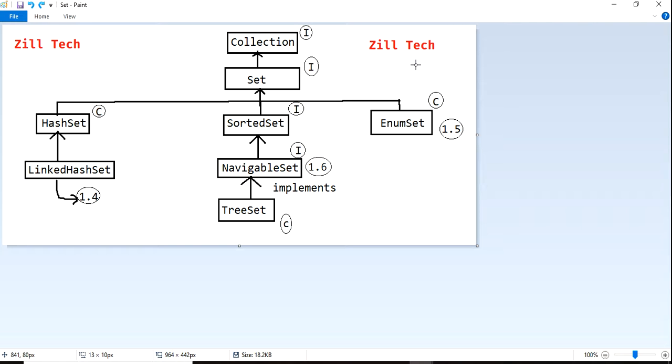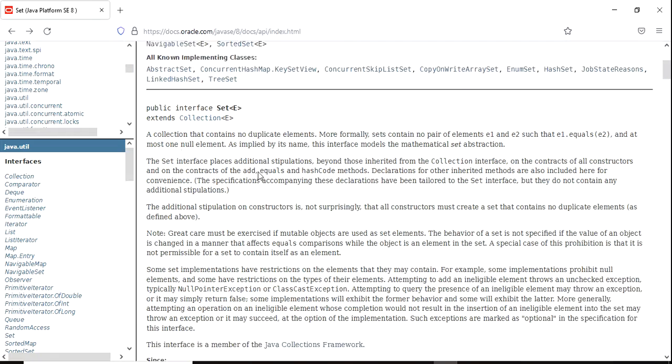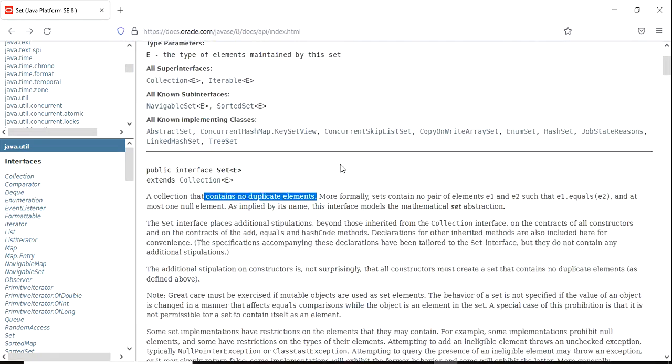And set does not support duplicate elements. In our API, you can see that set is a collection that contains no duplicate elements. It does not accept any duplicates. What operations can we apply to set collections?